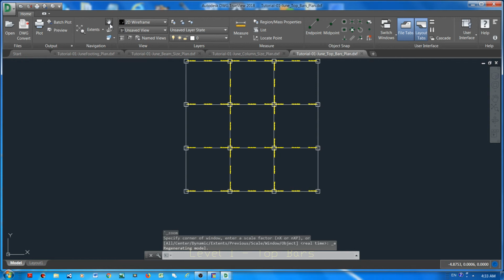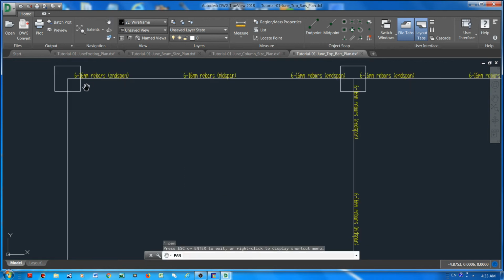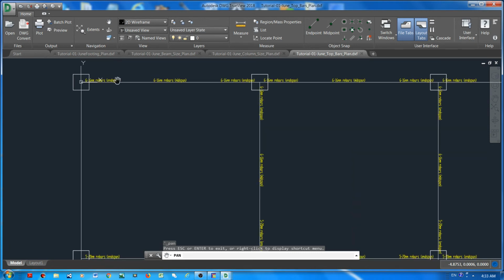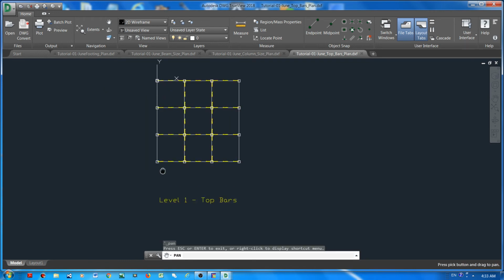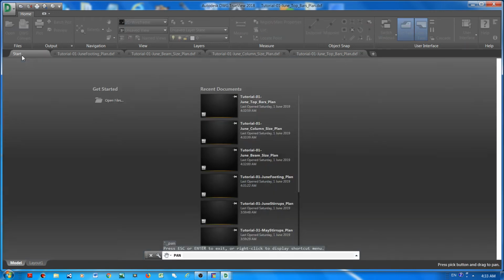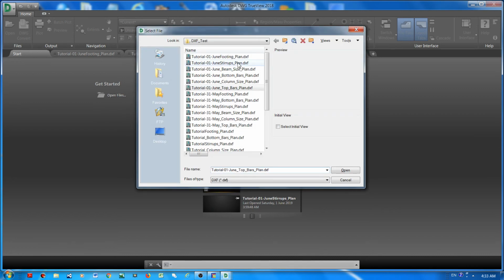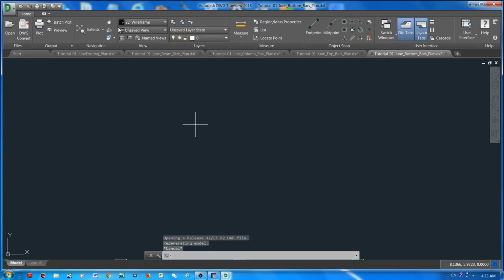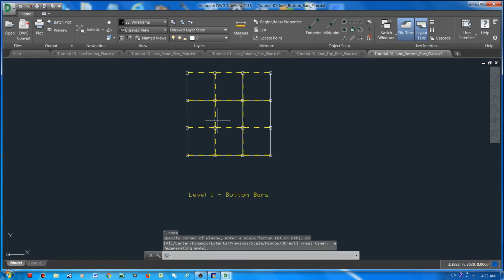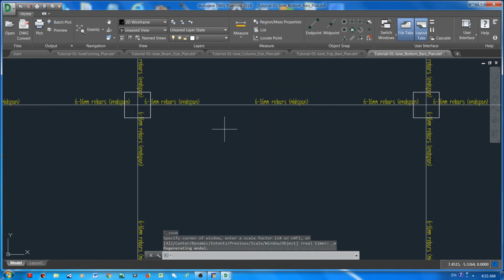So it shows that there are 6 16 mm diameter bars at the left and the right rebars, as well as the mid-span rebars for the top bars. There's also the plan for bottom bars. Okay, here this is for the bottom bars,